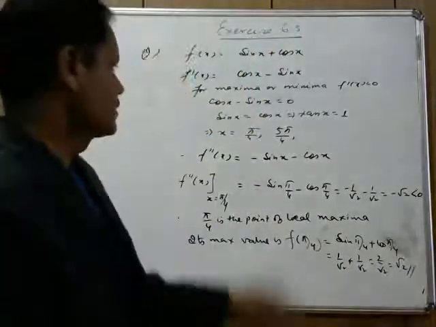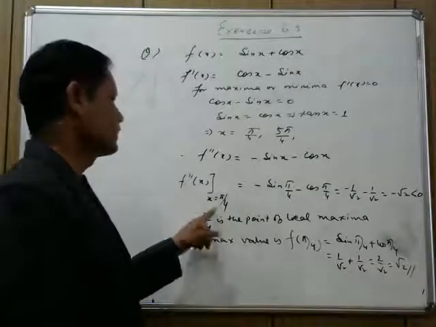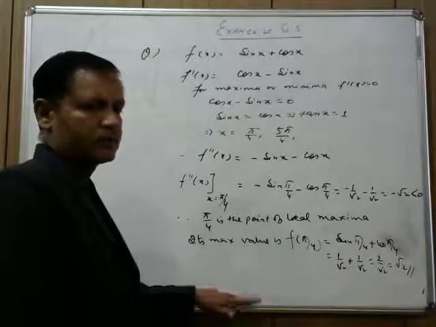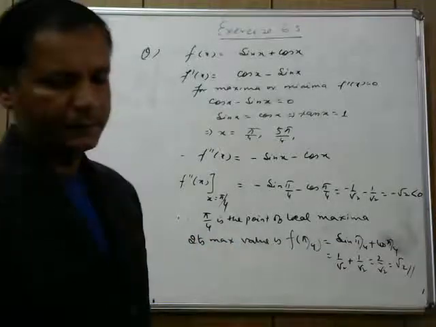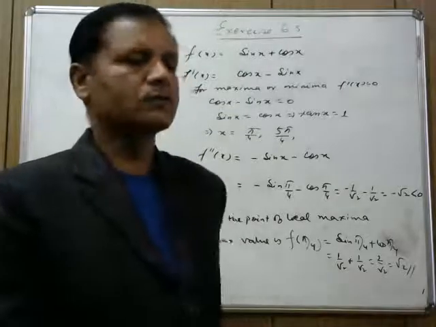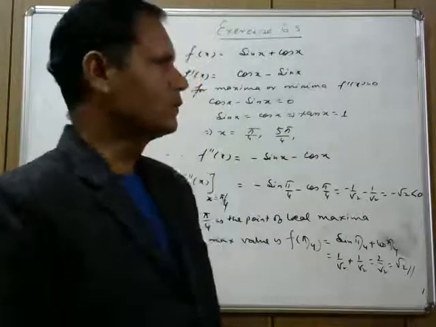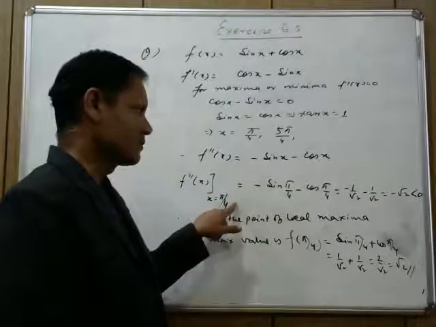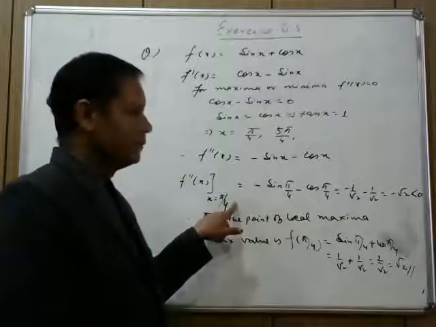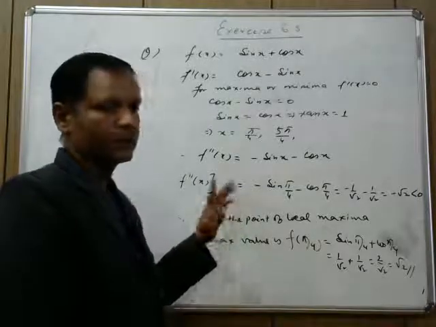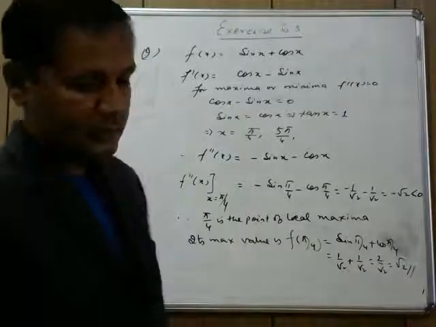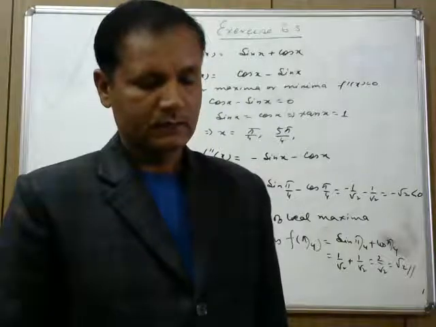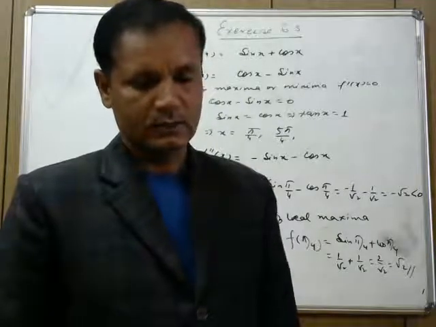Of course you can find f dash of x at x equal to 7 pi by 4, but the question said only find the maximum value. That's why up to this it is fine. By the way, if you want to go for it, you find f dash of x at x equal to 7 pi over 4. You will find that it is not the maximum value, it will give you the minimum value. Here the question was to find the maximum value of the function sin x plus cos x.